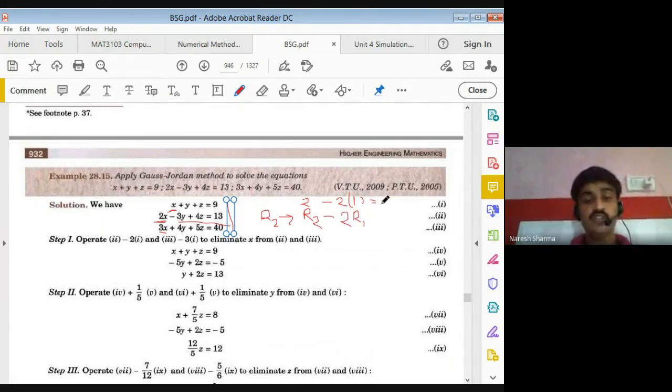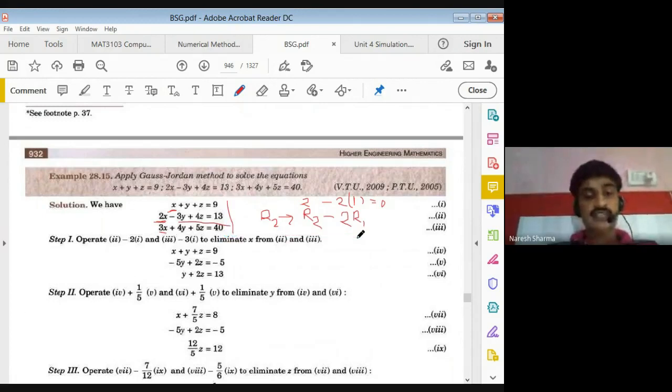So here the first element becomes 0. Similarly, for the second element you can apply the same formula. So multiply this by minus 2. I always say multiply this with your sign. So this is minus 2. Adding minus 3 gives minus 5. Minus 2 plus 4 is plus 2. Minus 2 into 9 is minus 18. Adding 13 gives minus 5. Similarly, you can apply one more row operation on your third row.